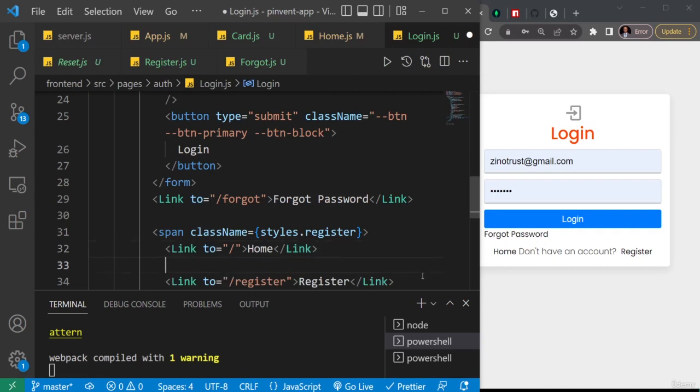Then in between we're going to have this text, don't have an account, register. That's going to be inside the paragraph tag. Now I used an HTML entity to add space at the beginning and the end. So let me show you the HTML entity. It's ampersand nbsp, like that. So that's just going to add some space at the beginning and the end. So let me copy that and slot it at the end as well. Control V. So between the entities, I will now say don't have an account,